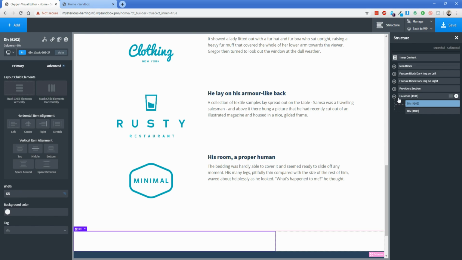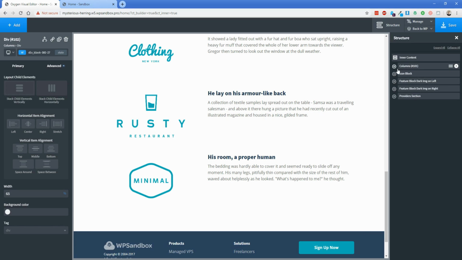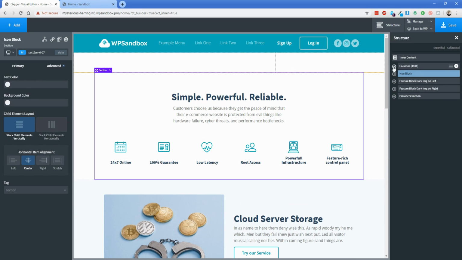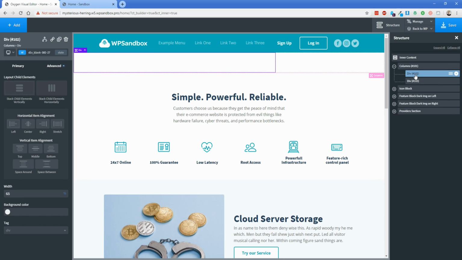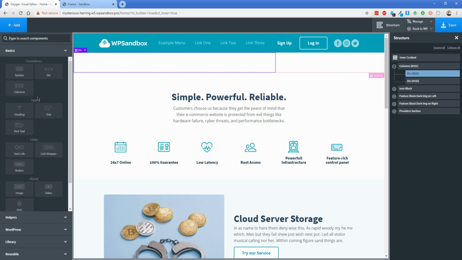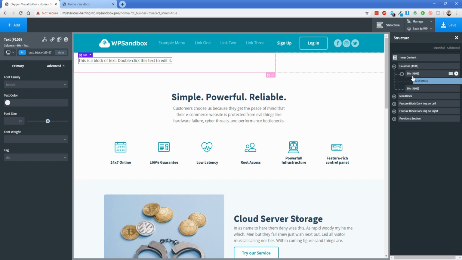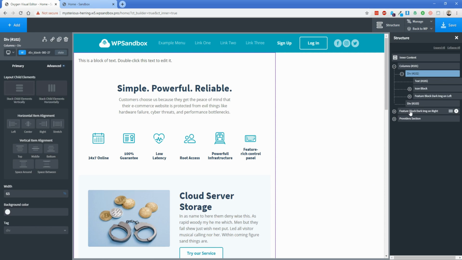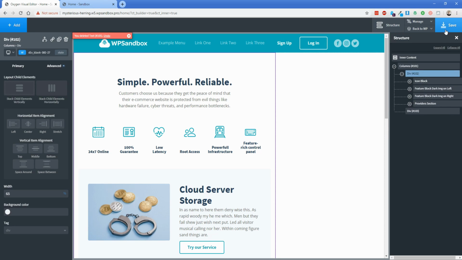Now from here what I'm going to do is actually take this column element and pull it all the way back up to the top of the page, and then I'm going to take each of these sections and put them in my left-hand div here. The easiest way that I find to do that is by adding in just like a text element so that you can actually open up the div underneath it, and then you can just drag the sections inside that div, and then of course you'll just delete your text element, and there you go.